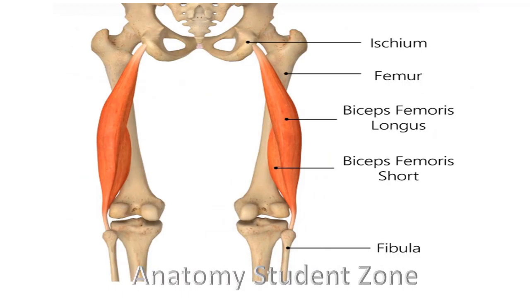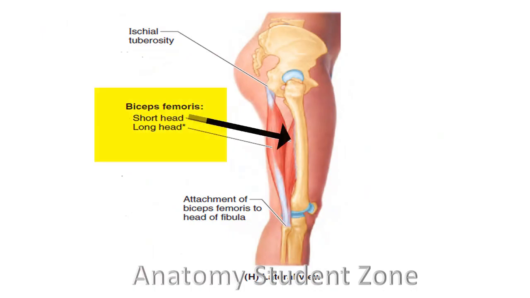This muscle has an origin that is quite lower than that of the long head of biceps femoris, because the long head of biceps femoris was originating from the ischial tuberosity, which is higher up. But the short head arises from the lower third of the linea aspera and the lateral supracondylar ridge of the femur. And you already know that the linea aspera and the lateral supracondylar ridge are on the posterior aspect of the femur, and quite low compared to the ischial tuberosity.